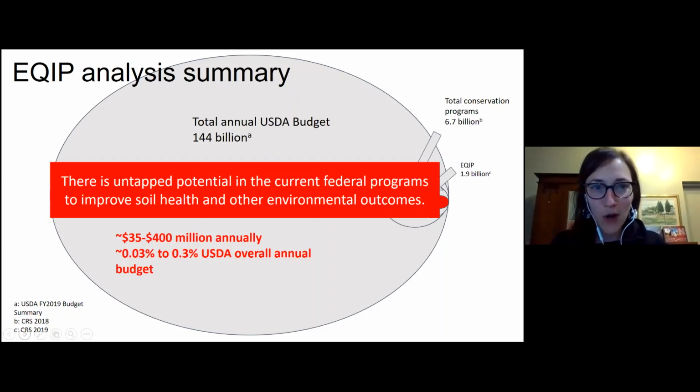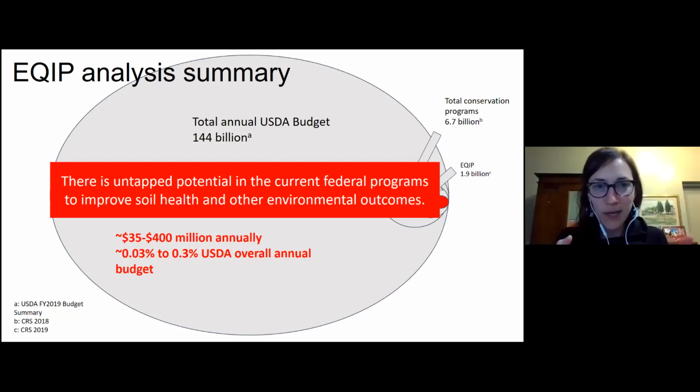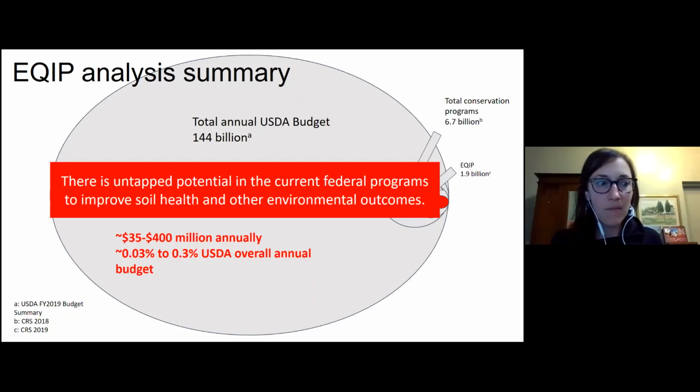And the title of the article really summarizes our main conclusion here, when I think about the how question. Again, this is just one analysis of one working lands program within a whole bigger suite of funding that is spent by federal or state partners on conservation. So this is not the end all be all, we fully recognize that, but we do feel that in terms of the way our dollars are spent, there is a lot of untapped potential in our current programs. There are already mechanisms in place